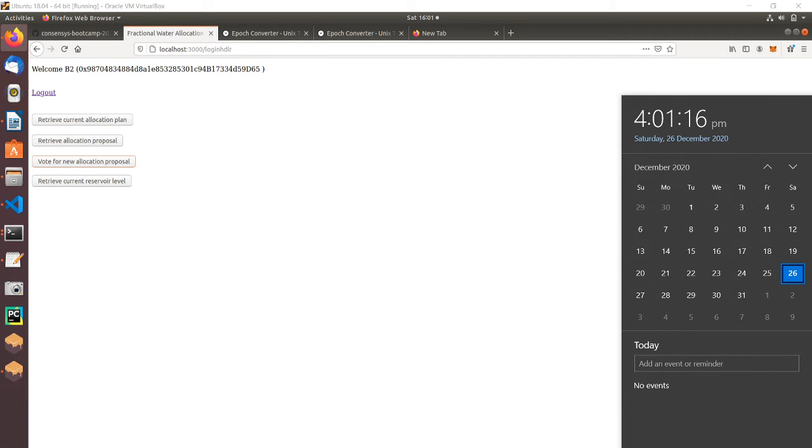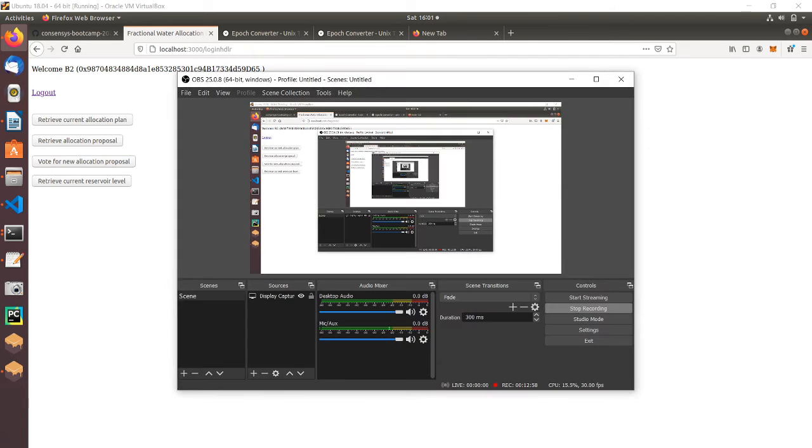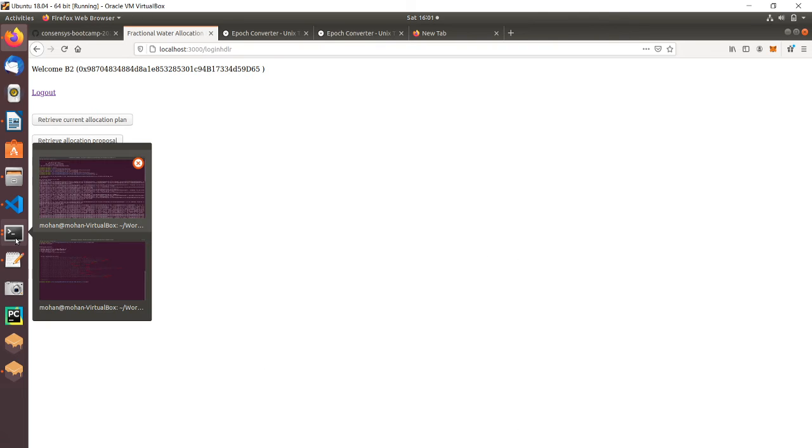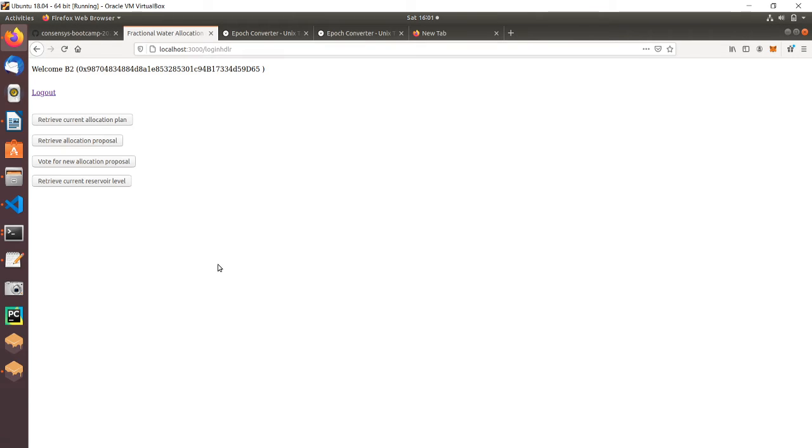Oh, okay. So I think the voting window is already over, we are already outside the voting window. So B2 is also unable to vote at this point. So as per the current situation,